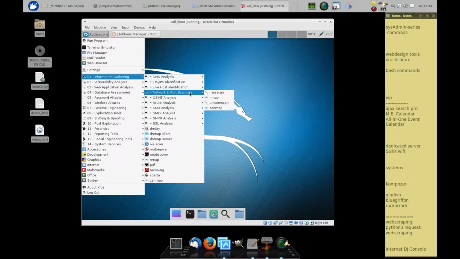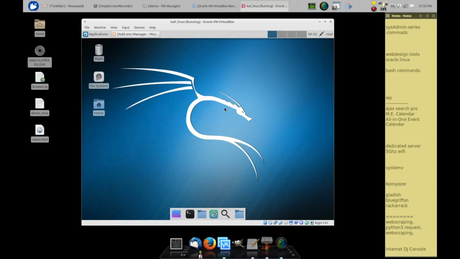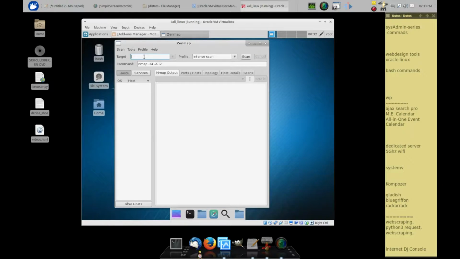Under network port scanners, you've got Nmap and Zenmap. Nmap is something that I've used a couple times, but basically that's just for port scanning on your network. But you can actually use it for any remote network as well, like any website really. They've got Zenmap, which is the GUI version here. So, for example, if you want to target